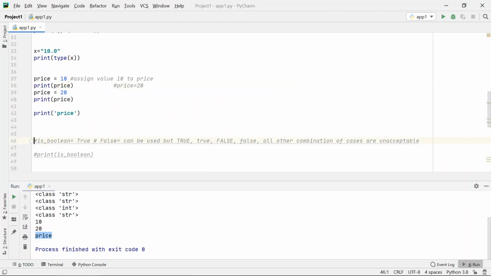Now, moving towards the end of the session. Now I have a variable is boolean. I told you earlier that the boolean data type is used to store true and false values. So I'm storing the value True in is boolean. I can also store False in it, but mark it out.